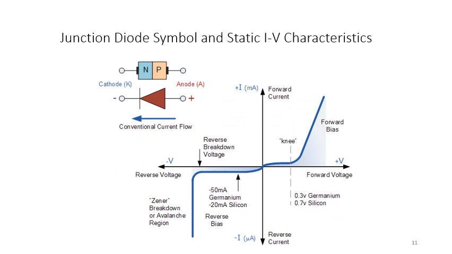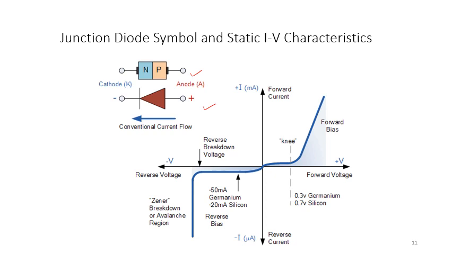If you look at the complete graph or the complete system, this is the way you denote it in the form of a block diagram. This is the symbol of a diode, anode and cathode. Anode is the P side, cathode is the N side. When you are holding a diode in your hand, you need to verify how to figure out which one is the anode and which is the cathode. So that is something that you can go online and search, but this is what the characteristics look like.